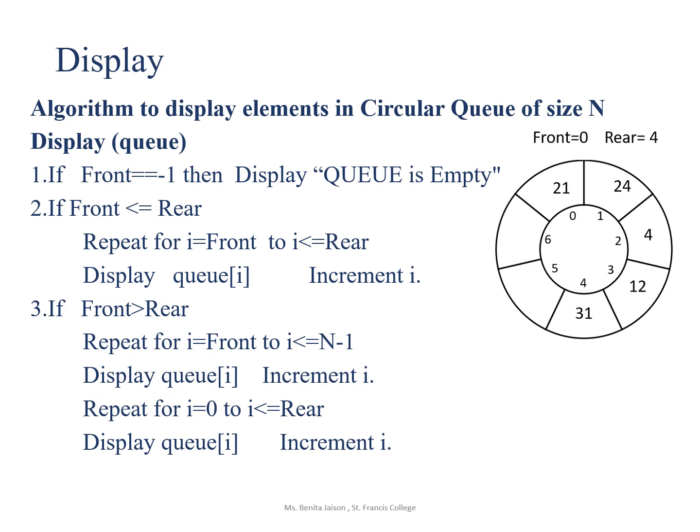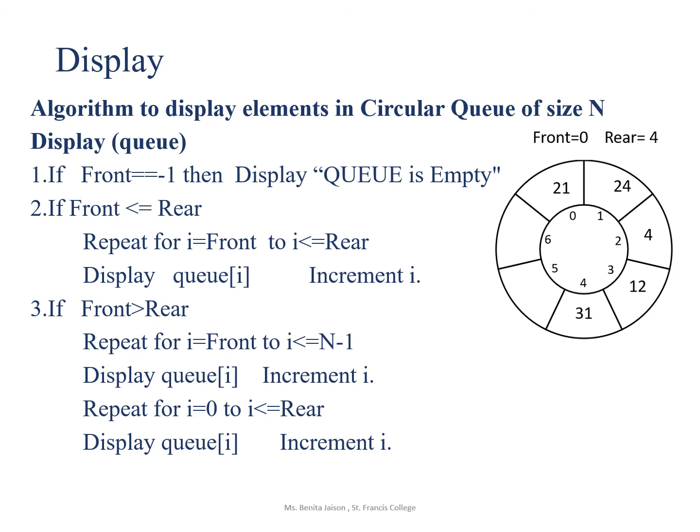Now we will move on to the traversal algorithm for displaying the elements present in the circular queue. For displaying the elements, there should be at least a few elements present in the queue. The condition to check whether the queue is empty is: if the front index is equal to -1, then the queue is empty. In the other case, if there are elements present in the circular queue, due to the implementation of the queue using a circular array, which follows a circular increment, there arise two conditions.